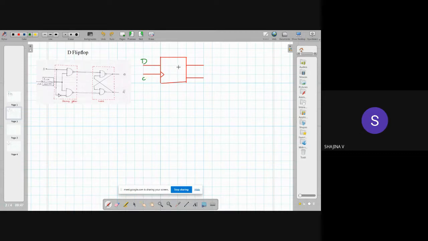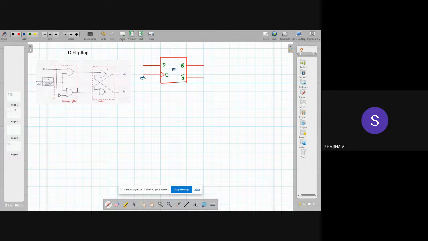This is D and this is clock, this is Q and Q bar. So this is the D flip-flop, the symbol or block diagram representation. It consists of only a single input. This is our clock actually. The single input is represented by D, and Q is the output of the flip-flop or the state of the flip-flop. This is the simple logic symbol for a positive edge triggered D flip-flop. And this is the